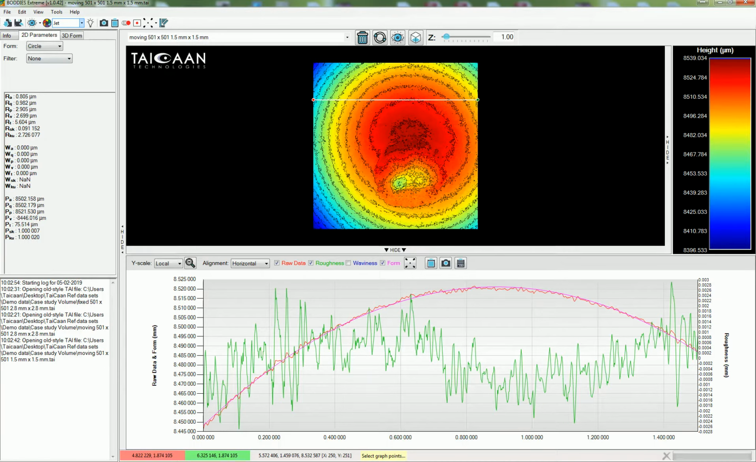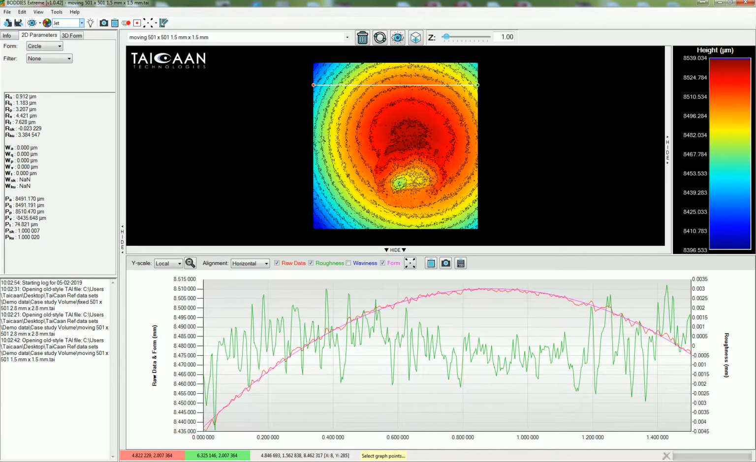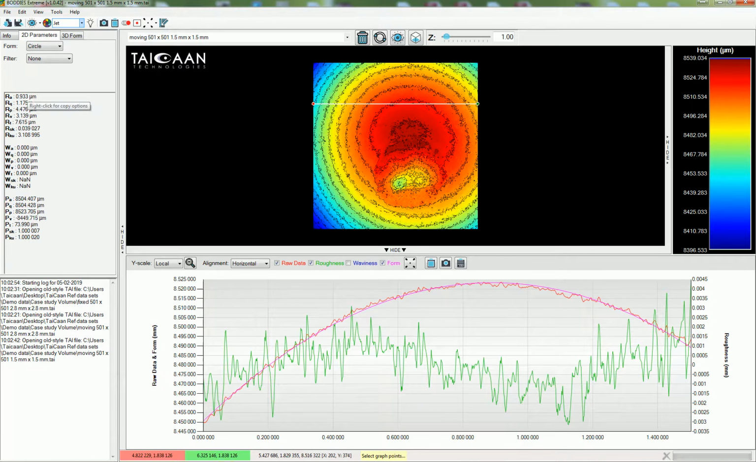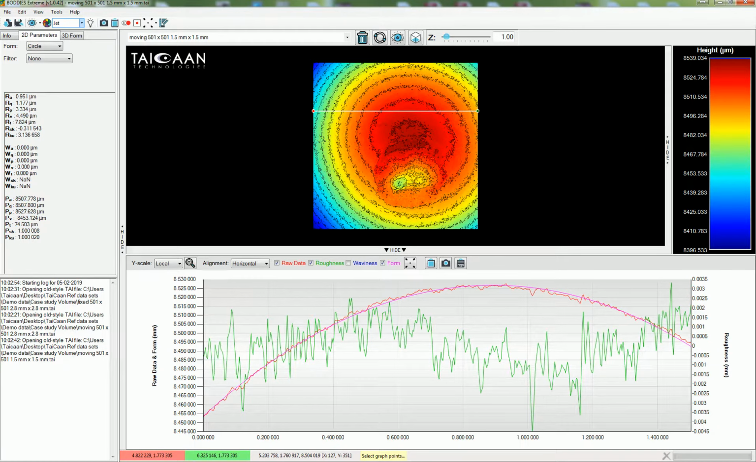So coming back to our parameters, let's move the line, just move it up. We have an Ra of 0.912 microns, move it down a bit, 0.933, so we can see pretty consistent roughness of the undamaged surface here, 0.951 now. Of course, if we bring this over